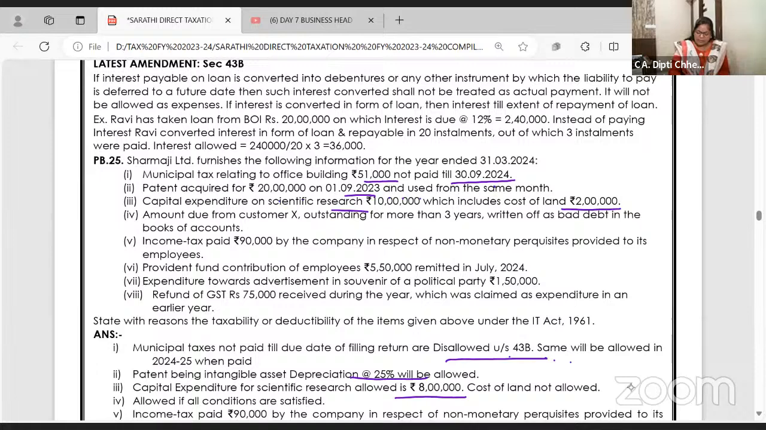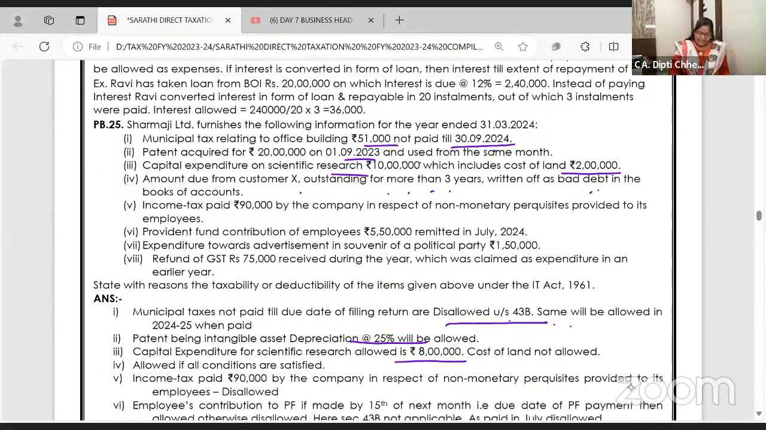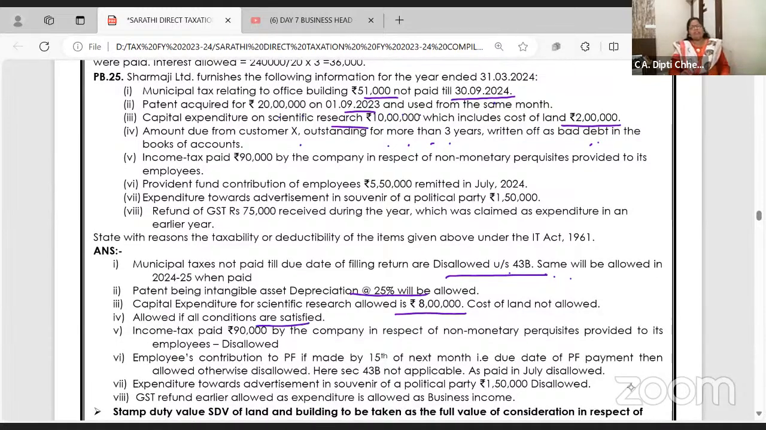Amount due from customer outstanding for more than 3 years written off as bad debts. Allowed. If bad debt related, you remember what were the conditions for bad debt? Party to sale should be there. Bad debt should be actual, not provision, and you should have written it off in the books of accounts. Then it's allowed. Income tax 90,000